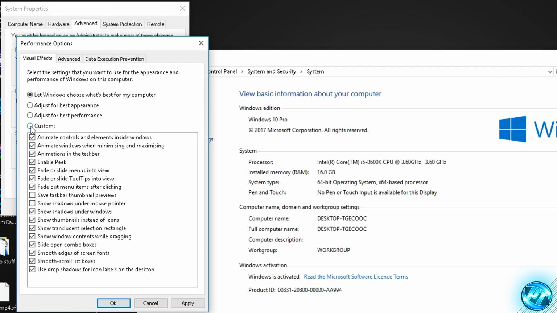simply go down to the Custom option in here, check Custom, and then start to uncheck every single option inside of here. The only options we want to actually enable are smooth edges of screen fonts and show thumbnails instead of icons. I also personally like to turn off smooth edges of screen fonts, so I'm going to be turning that off. But for the majority of you, you're going to want this on, as Windows text will